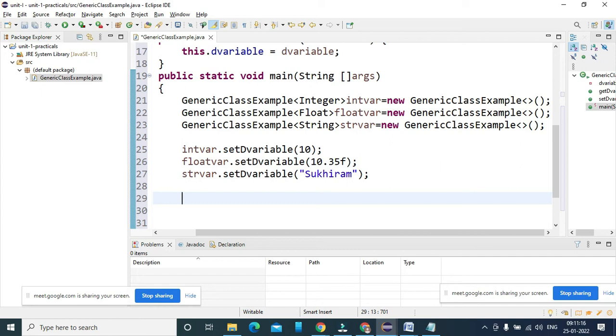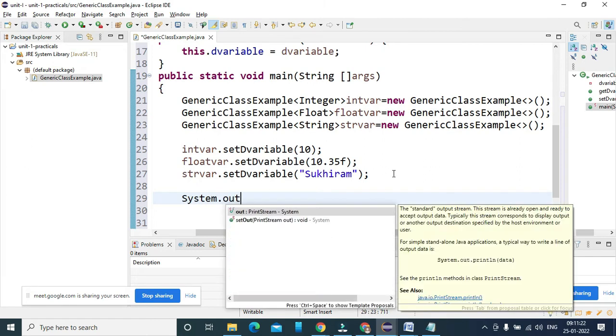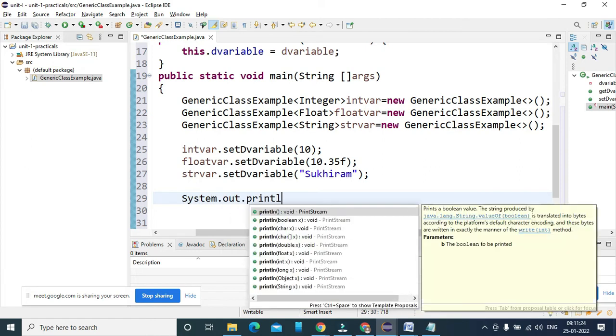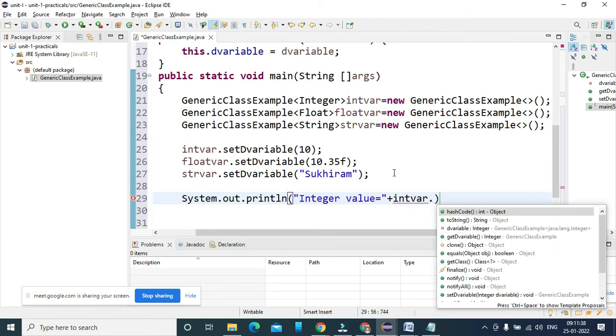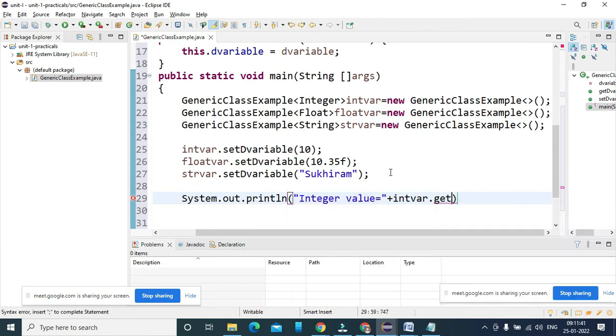Now I want to print those variables here. So simple, System.out.println, and I'm saying integer value equal to, so I'm choosing a plus sign and calling int var dot get variable, which is going to return an integer value here.